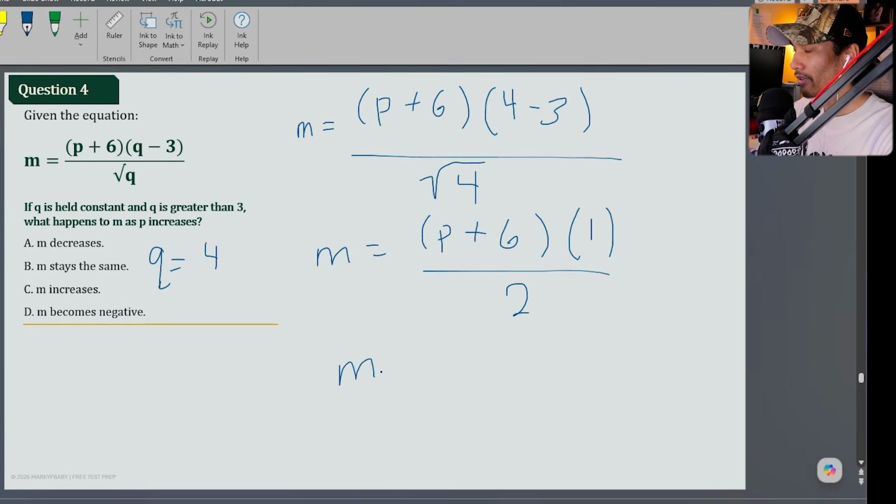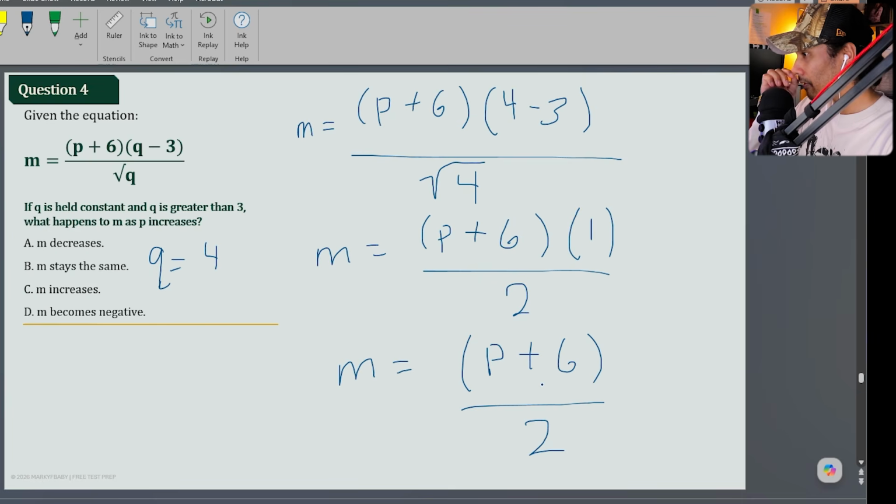Okay, and then we have M is equal to P plus 6, all this, divide by 2. And I could go further and say M is equal to P over 2 plus, and then 6 divided by 2 is 3. But I think I'm going to keep it like this, because I like this. It's a little cleaner when I am going to